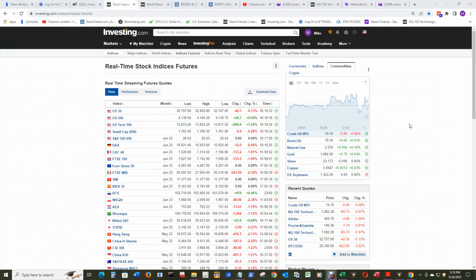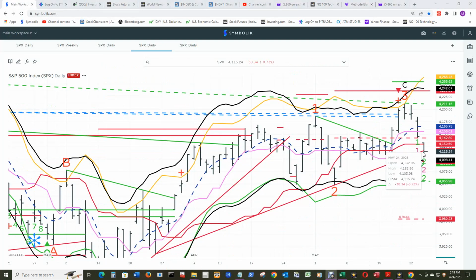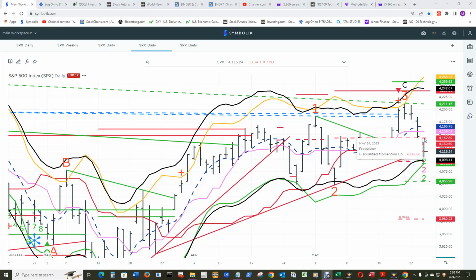And price in the aftermarket hours for the S&P 500 at 5:18 p.m. on the 24th is 4140. So if that holds, then price will open up above this demand line and possibly cancel it for end of day on the 25th. And a close above this 50% disqualified momentum up level for end of day on the 25th would qualify that level. And the next resistance to the upside is the conversion line at